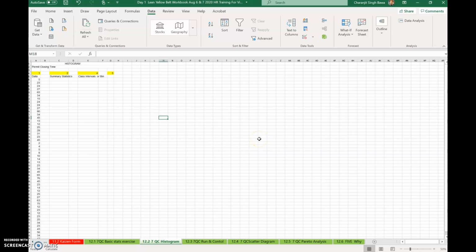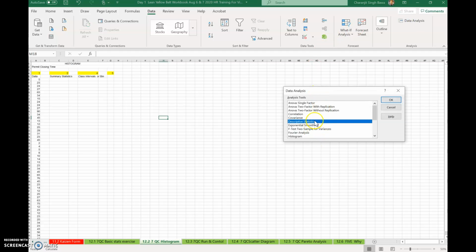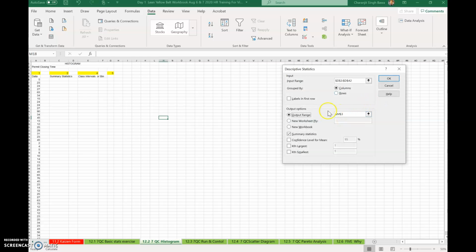Okay, let me now show you how to do a histogram in Microsoft Excel, and we will start back again with data analysis to understand our min and the max data points. So let's go. Click on data analysis, do a descriptive statistics one more time, and make sure again